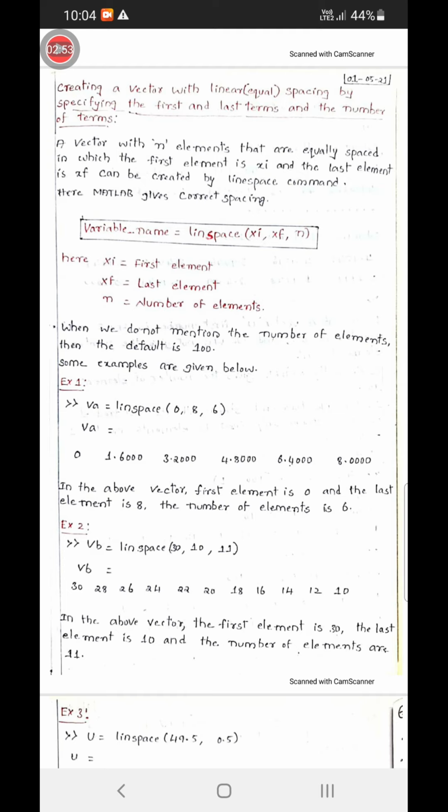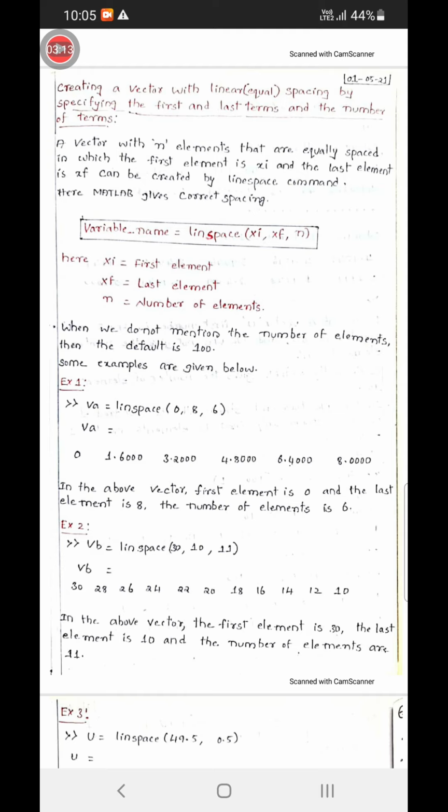If we see the example, then we can clearly understand. When we do not mention the number of elements, then the default is 100. xi is the first element, xf is the last element, and n is the number of elements.